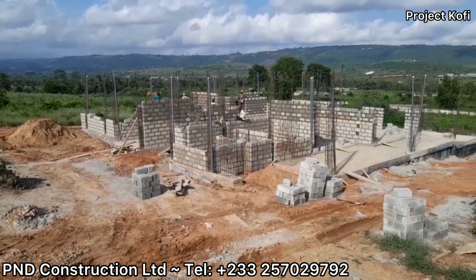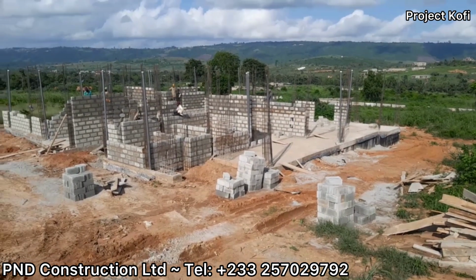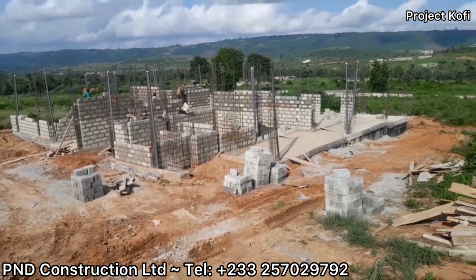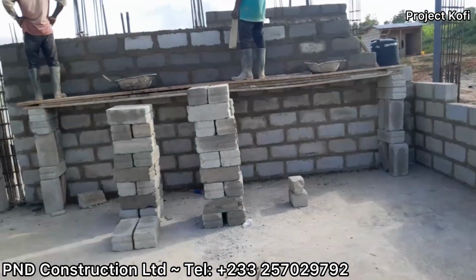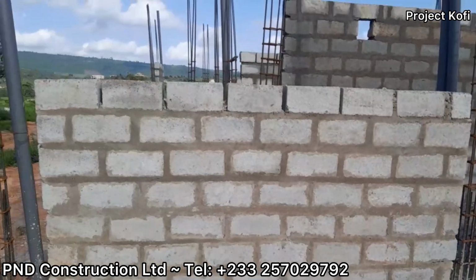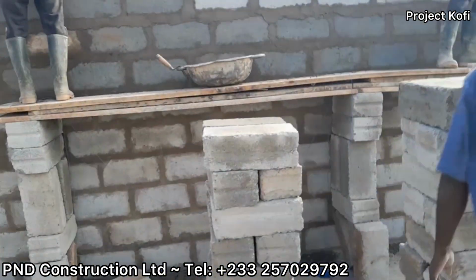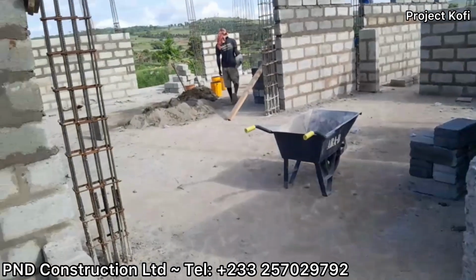It was good that on the fourth day, because we lost the third day, the rain stopped. So you see, this is actually the fourth day, and you can see they began laying the new courses of blocks now. So yeah, it's all just going as quickly as we can. This is the garage,